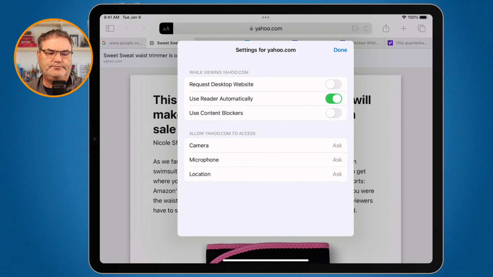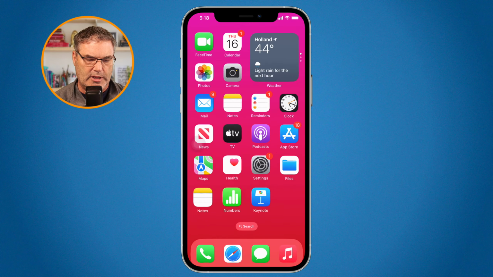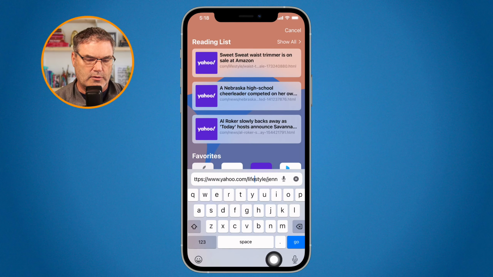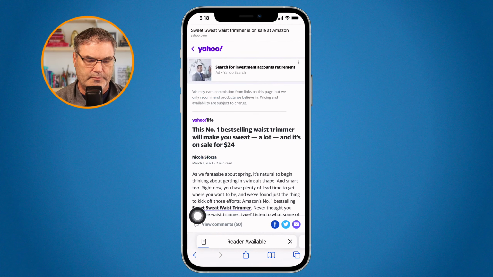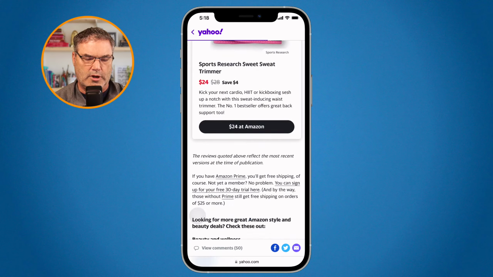On the iPhone, it basically works the same way. So I'm looking at my iPhone here. I go down to Safari, and we're going to go to Yahoo here. I have a lot of noise in there. You've got to scroll through all of the ads,